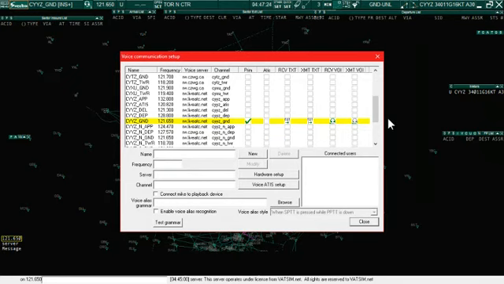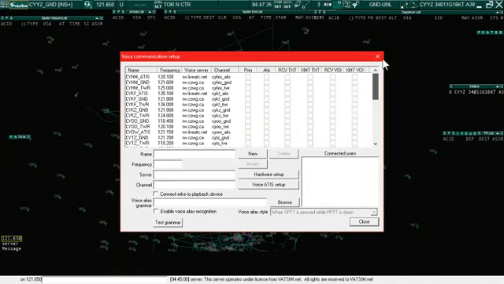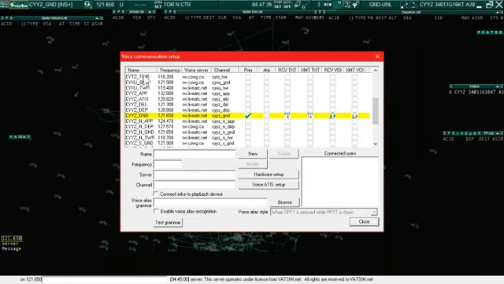If that doesn't work successfully, or if you're observing, then you may need to come in here and manually configure some things. The top half of the voice communication setup does contain all of our preset channels that we've already configured for various positions we may have worked in the past or may expect to work in the future. For each one we have a name, which usually corresponds to the login ID we're going to use, a frequency